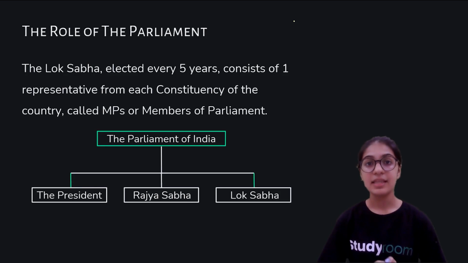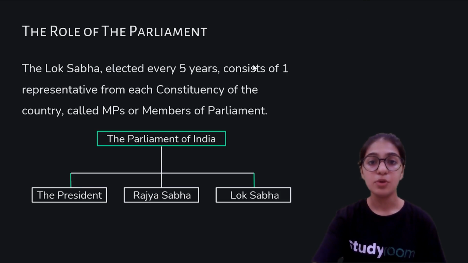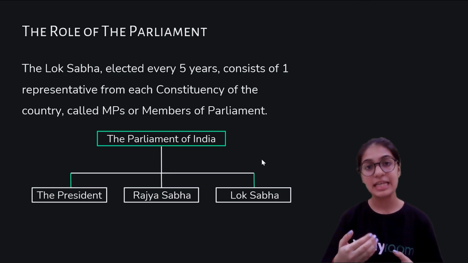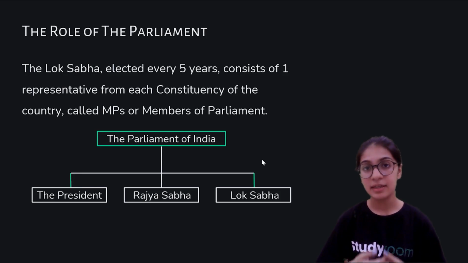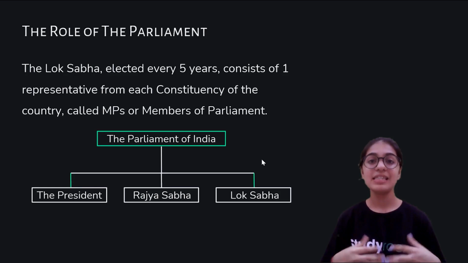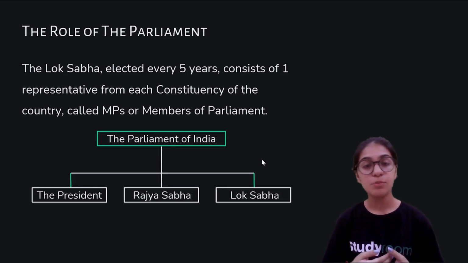Now let's understand how the Members of Parliament are elected. As I told you, each state has constituencies, and each constituency has an elected representative known as MLA, Member of the Legislative Assembly. In a similar pattern, the Members of Parliament are also elected. How? Each state has been allocated some number of seats on the basis of its size and population.